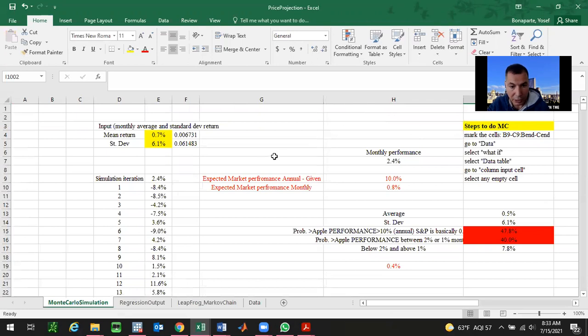So that's a free country, how much you want to do it. All what you put here and you're done, basically, the simulation. So every one simulation shows a case where the price can go negative 9%, and a case where the price can go up 2.1. So how did I do that? You do something called data, what if,